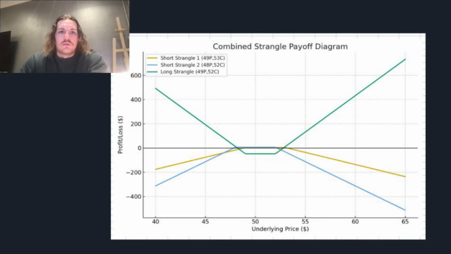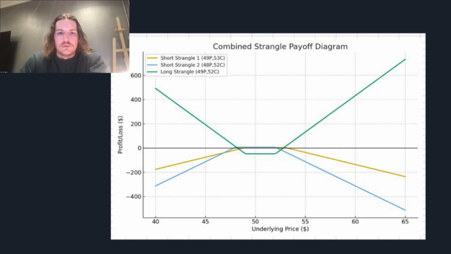The combined strangle payoff diagram represents 3 strangles, 2 short strangles and 1 long strangle. The chart's V-shape shows that the portfolio was net long on volatility, meaning the substantial profit was generated by the long strangle in the high volatility environment. Meanwhile, the 2 short strangles targeted smaller fixed profits within a low volatility range. When the underlying price moved sharply above the higher strike price, the long strangle return pushed the net payoff into